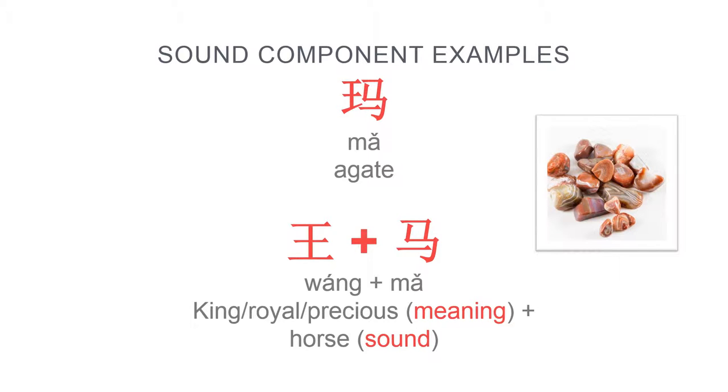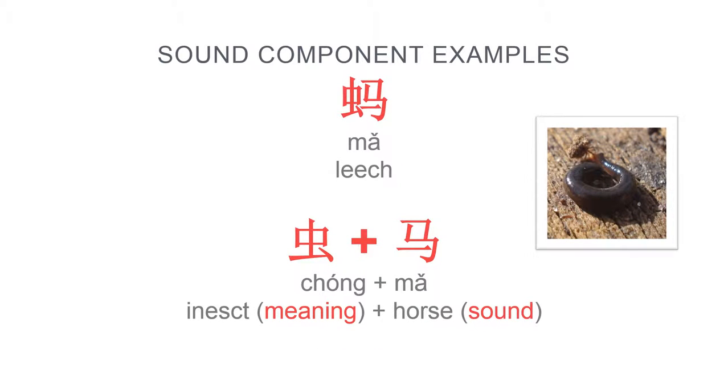The 6th and final example here is leech. On the right we have the sound component, ma, telling us that the pronunciation of leech is exactly that, it's ma. On the left we have a component you might not know yet, but it's the component for insect. This is connected with the leech being a type of worm. I don't know if it's a nematoid or what type of exact insect it is, or if it's an insect at all. But for the ancient Chinese scribes, it was close enough. It was something that crawled along the ground, and therefore they used the component for insect